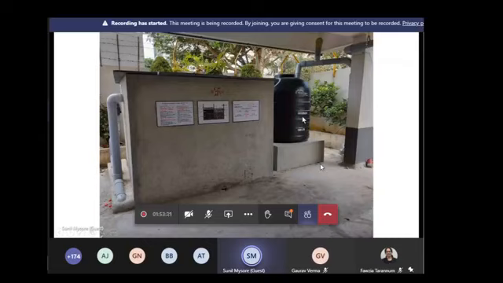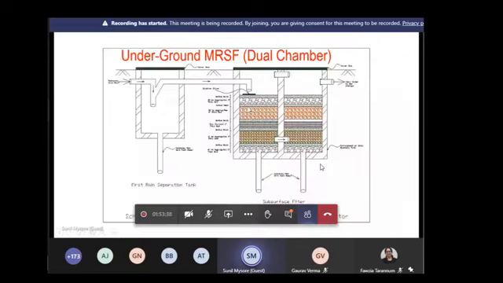Suppose you don't have the space, you can do the same thing underground. The settling tank can go underground, and the entire filter can also go underground. The only problem underground is that the water which gets stored in this tank has no place to be discharged, so you need some soak-away pipes for the water to go down. This is how a typical underground filter looks.